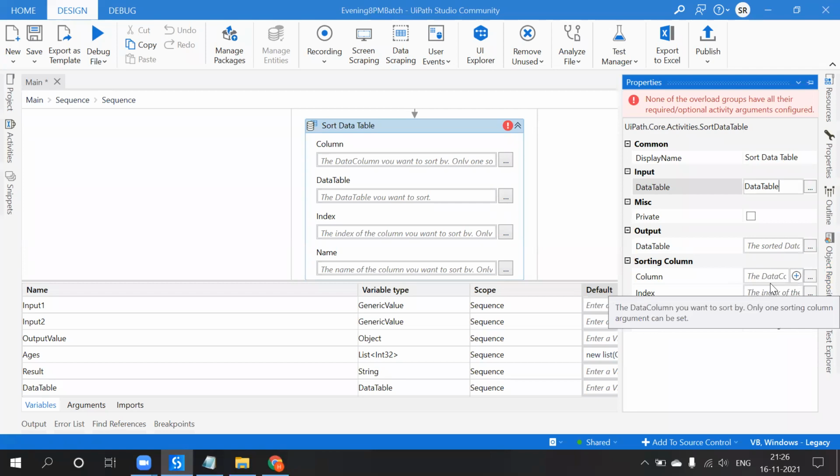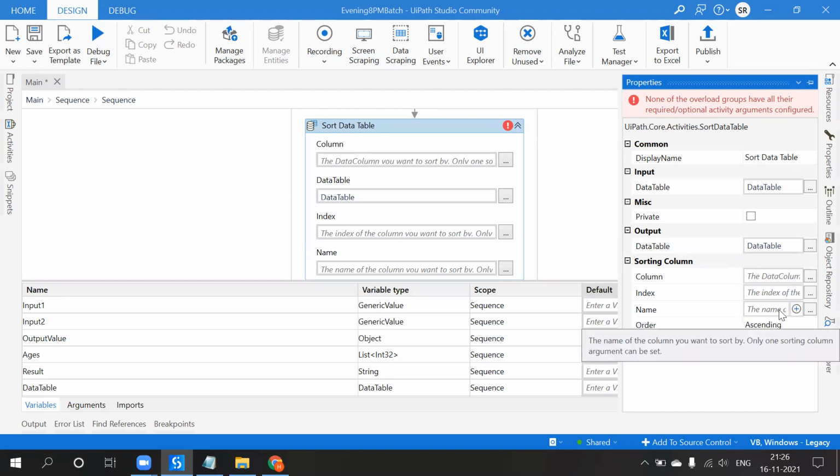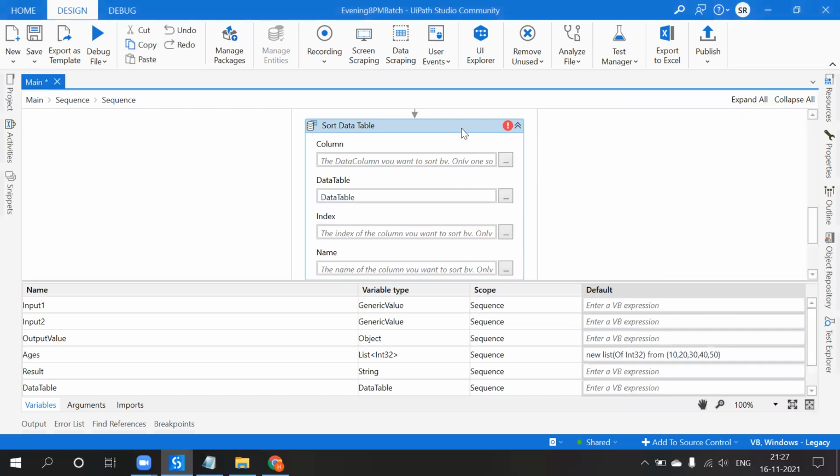So what are the values we want to provide into this? None of the overloaded groups have all their required optional arguments configured. So we have not configured this one, that is the reason it is telling. So here the order is ascending order. And the name of the column you want to sort, because we do not have much data here, right?